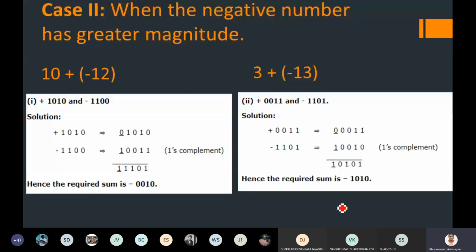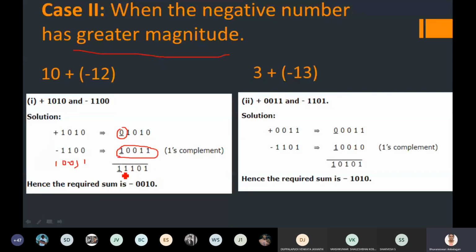So what do you have to do? You have to first simply take the number. Okay, first 1011. What is the sign bit? It is going to be 0. If it is a negative number, what do I have to take? I have to take the complement of it, and then the sign bit is going to be 1. So 1011, I am just simply going to add the two numbers. I won't get any carry, because when I am doing the subtraction, surely there won't be an overflow in carry.